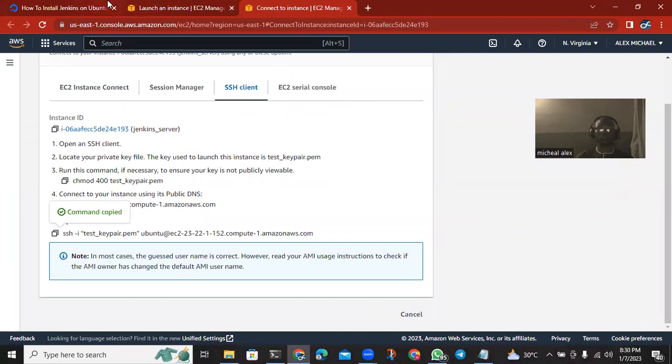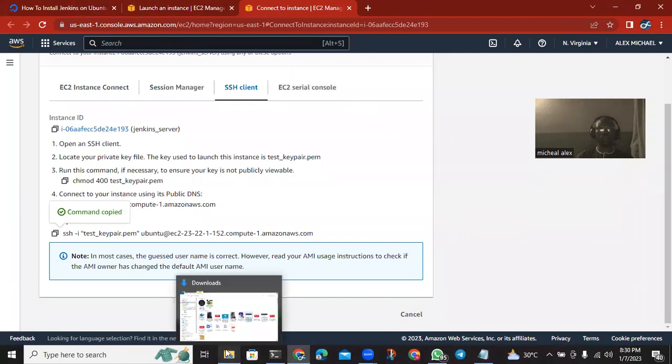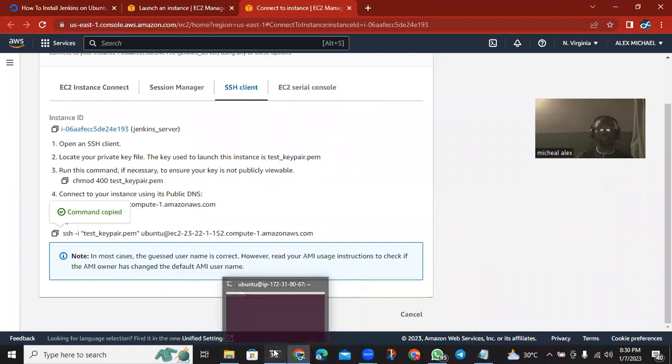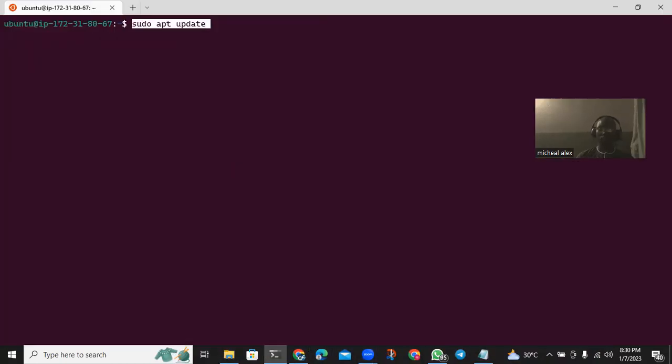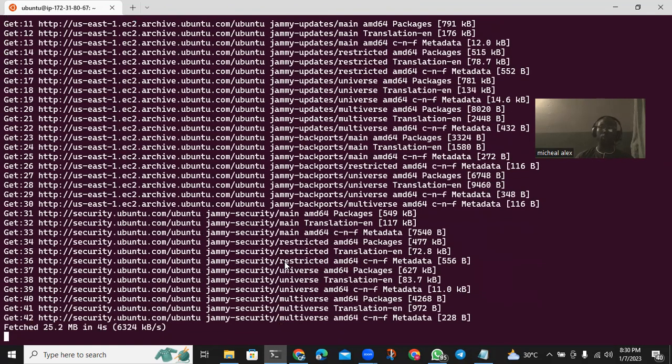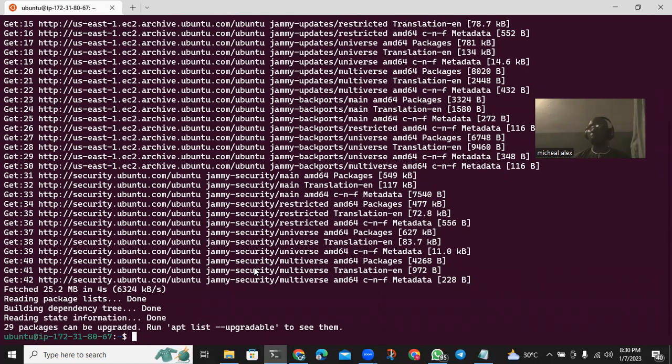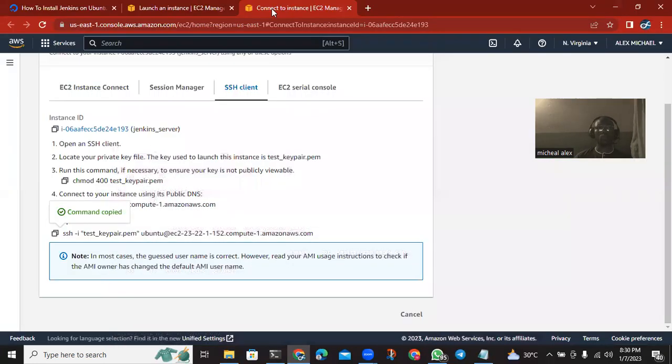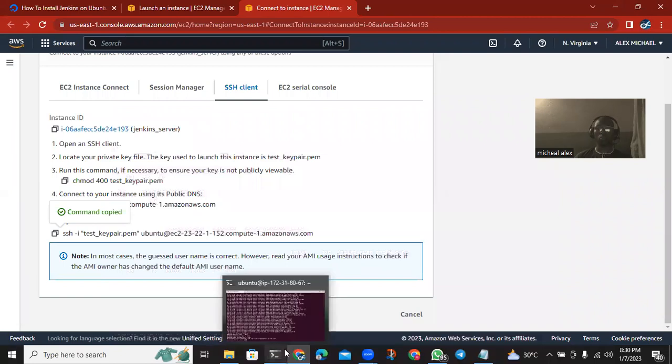I'm going to be pasting those commands in my description. So if you need those commands, you can always go to the description and copy and paste, so it can be easy for you. As far as DevOps is concerned, it's not compulsory you write every command from your head, though it is very good and makes you more professional. But to keep everything short and simple, you can just copy and paste, as long as you know what those commands are meant to do